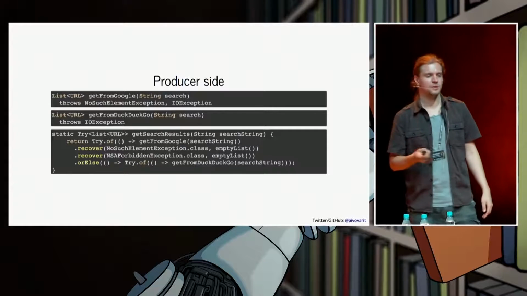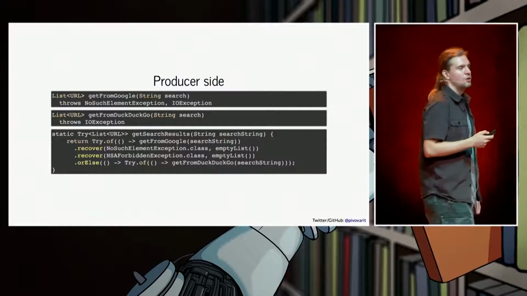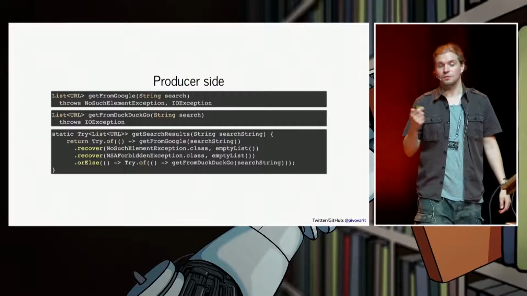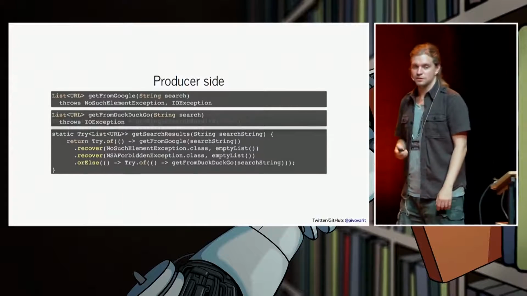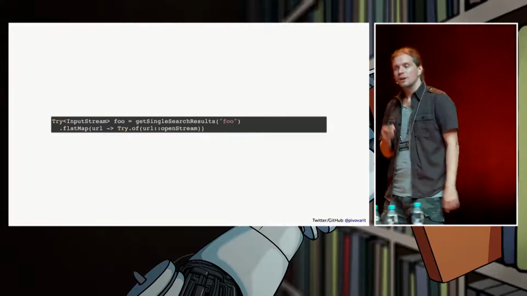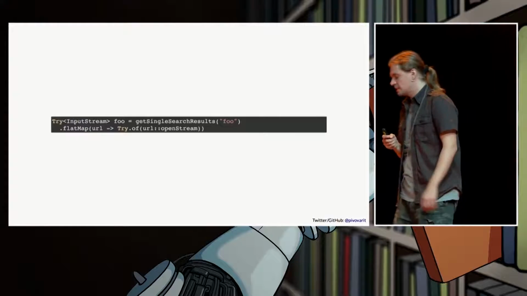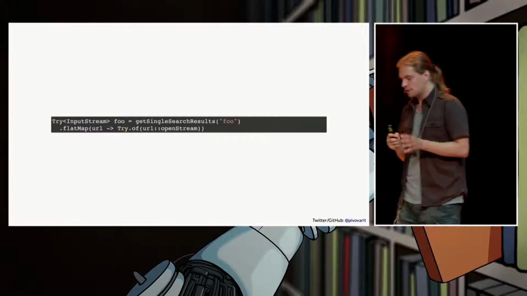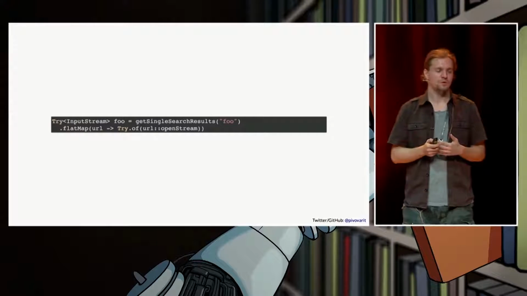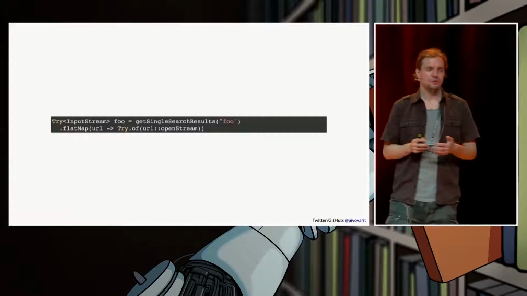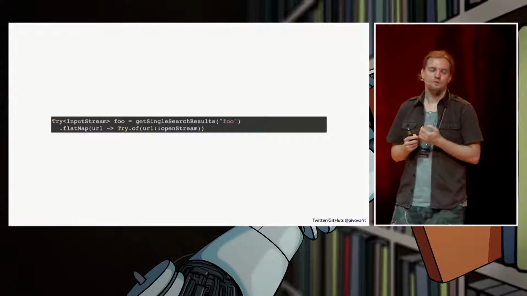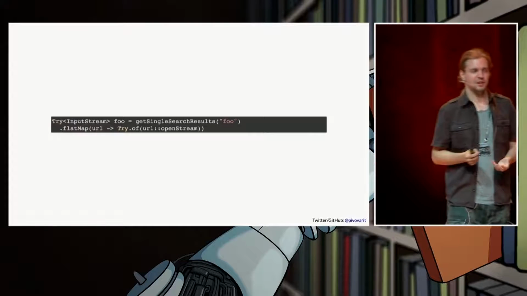So we recover from that. And in the last call, we fall back to getFromDuckDuckGo, and so on. One very important thing to remember is that if you work with multiple tools that work this way, they return those monadic types, and you will also often end up in situations where types are actually nested.